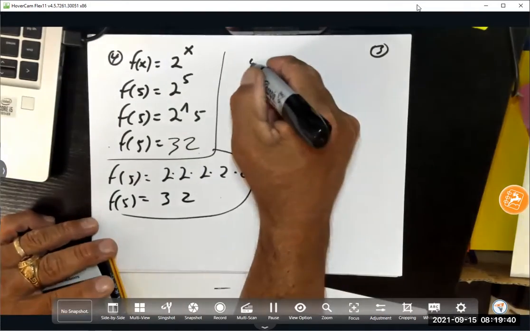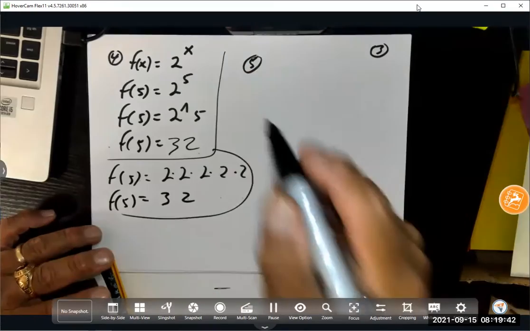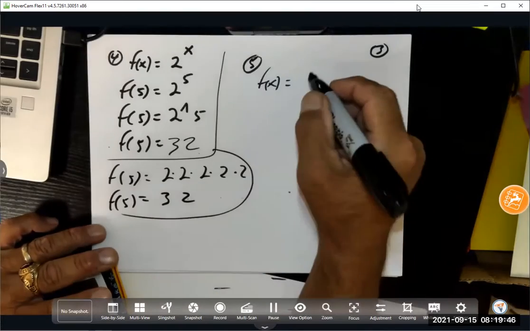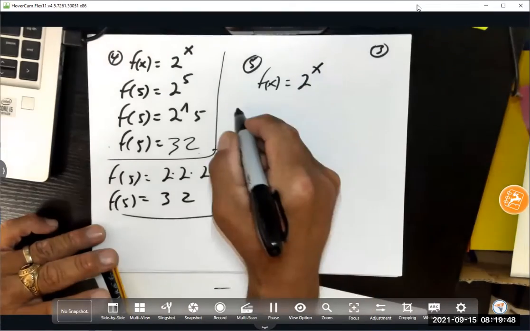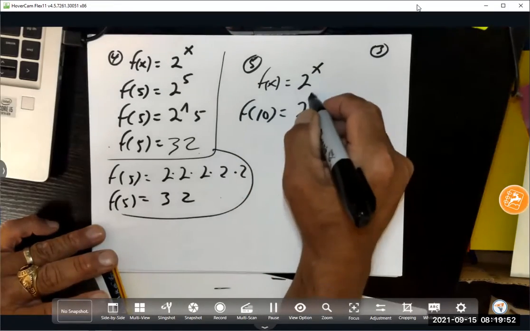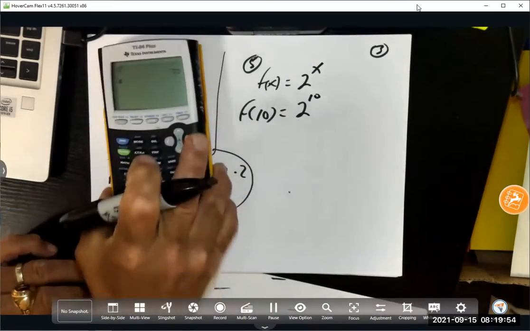Let's do number 5. Suppose you have f of x. Let's put a big number. How about 2 to the x? How about if I say find f of 10? That's going to be 2 to the power of 10. So you're going to put